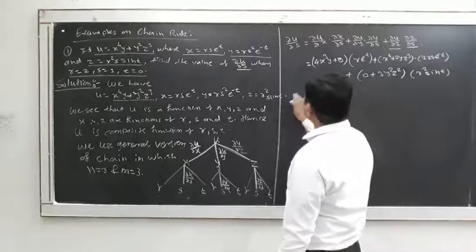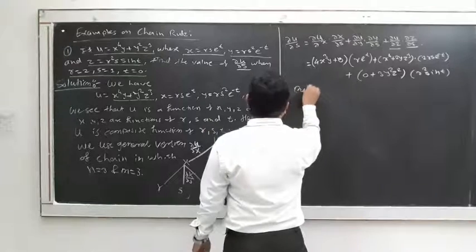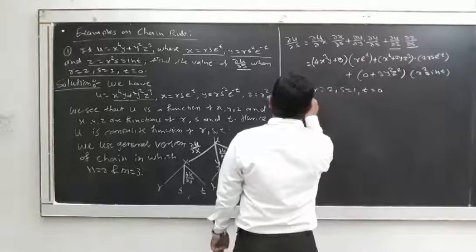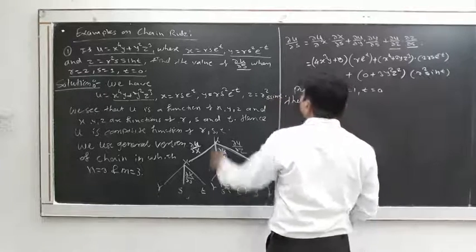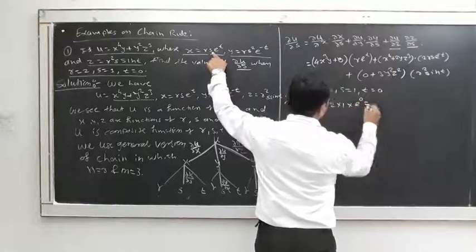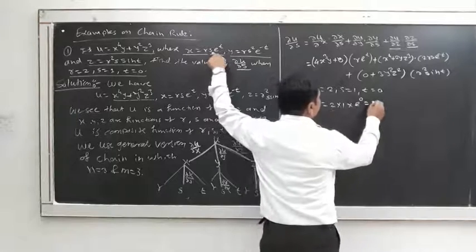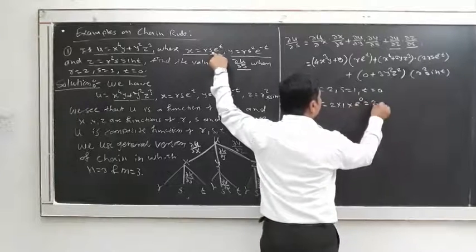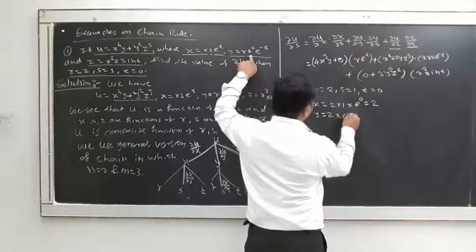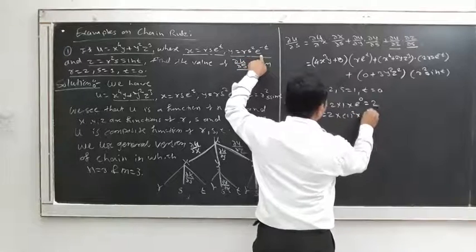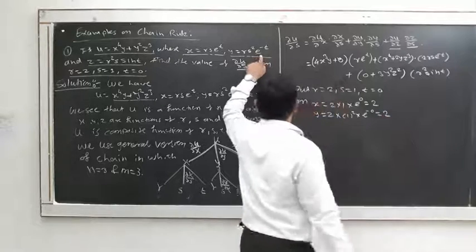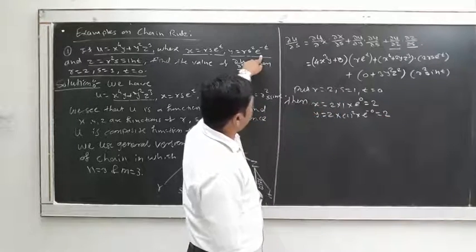And now what we have to put? We have to put r is equal to 2, s is equal to 1, t is equal to 0. Then what is our x? x is what? r is 2 into 1 into e raised to 0. This should be 2 into 1 into 1, so it should be 2. Similarly, y is what? 2 into 1 square into e raised to minus 0. It is again a 2.